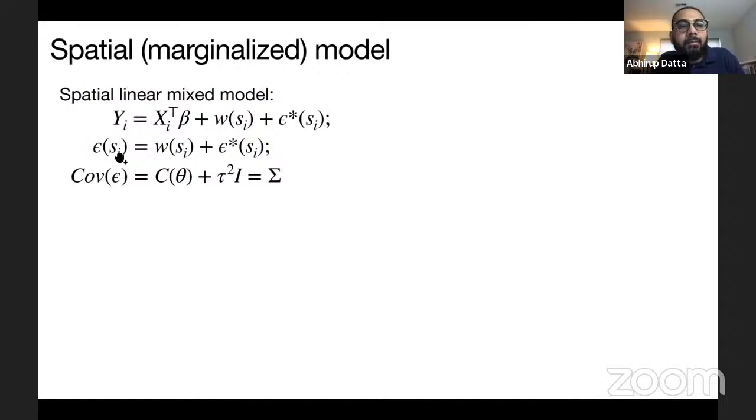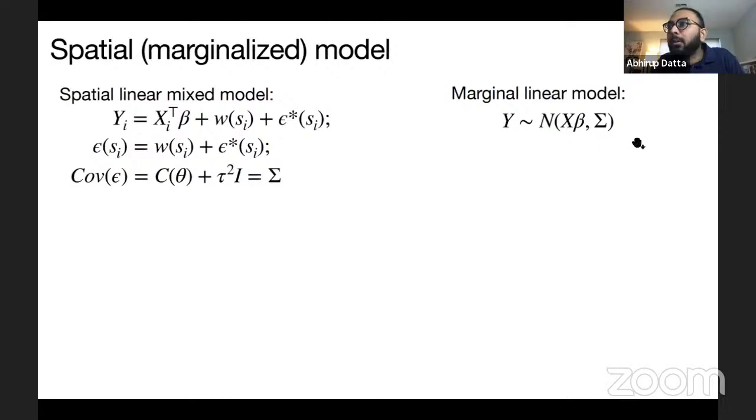So the covariance of epsilon is C plus tau squared times identity, and we call this the sigma matrix. And so we can equivalently write this hierarchical model as this marginal model, where Y is normal with mean x beta and variance matrix sigma.